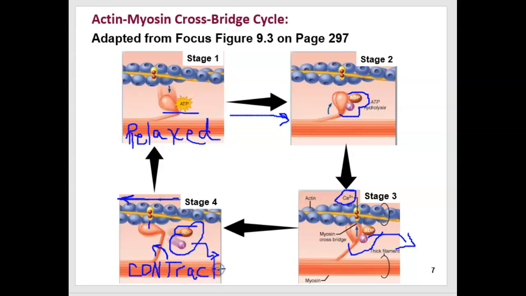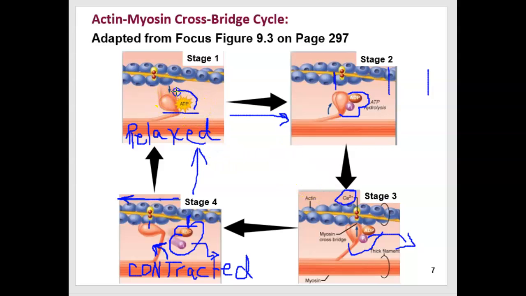And for the muscle to relax, which is really going to have to happen because this needs to happen more than just once. It's like this myosin head needs to bind here and then bind farther along and then farther along to get the actin to move all the way to the center. This one swivel doesn't move the actin filament enough. It's going to have to be released and then bind farther down the actin filament. So anyway, for this cross bridge to be released, to go from stage 4 to stage 1 so that the cycle can happen again,